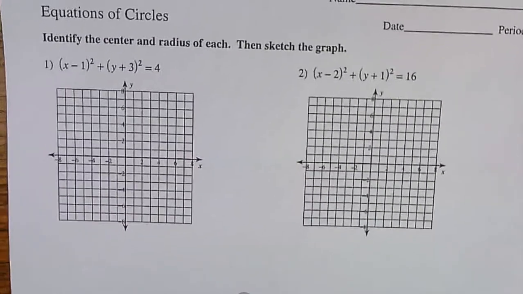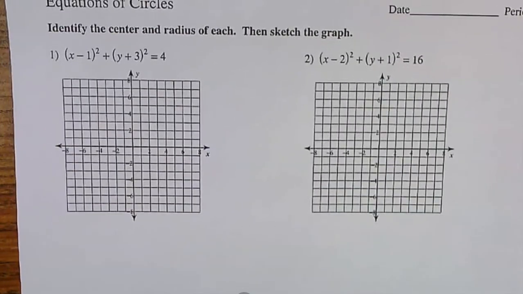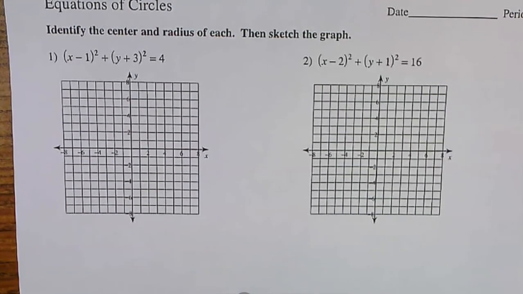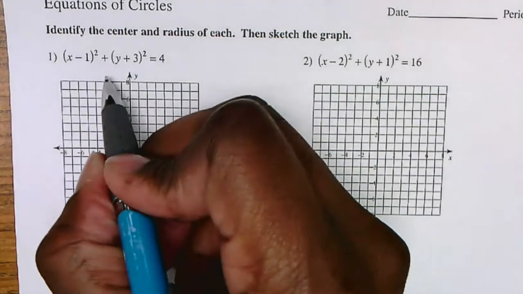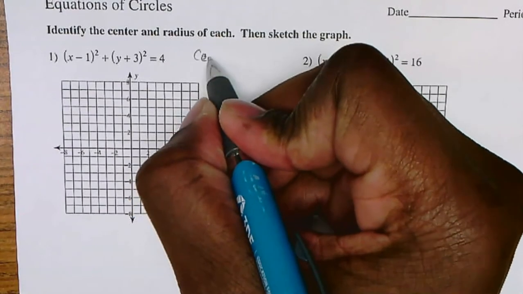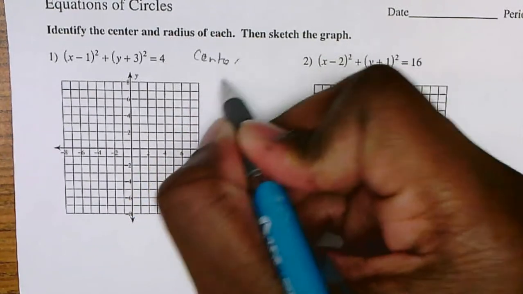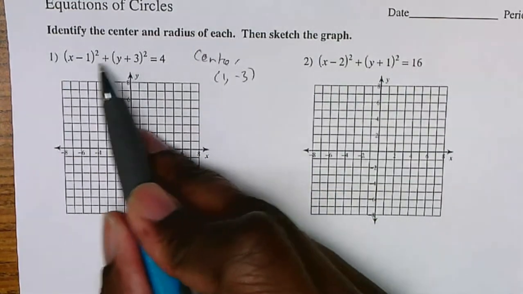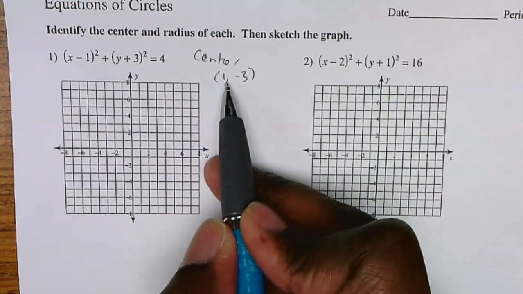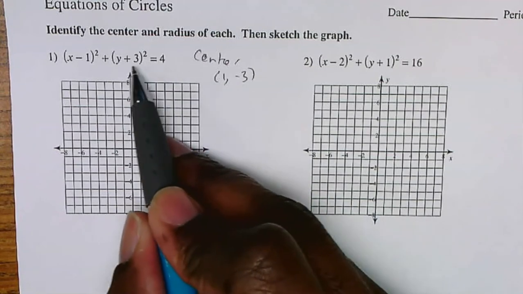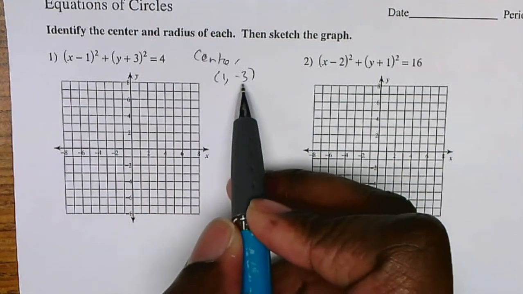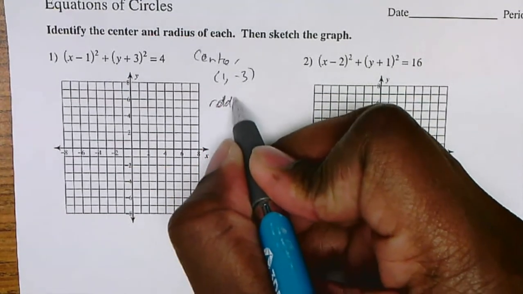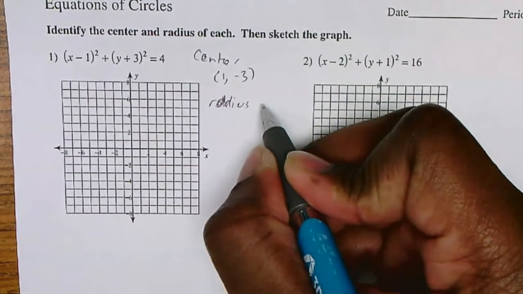All right, so looking here. In this equation, it says identify the center and the radius of the circle, and then sketch the graph. In this equation, my center is at positive 1, negative 3. How I know this is, if that's a negative 1, I know the h value is positive 1. And if that says plus 3, I know my k value is negative 3. My radius is the square root of 4,